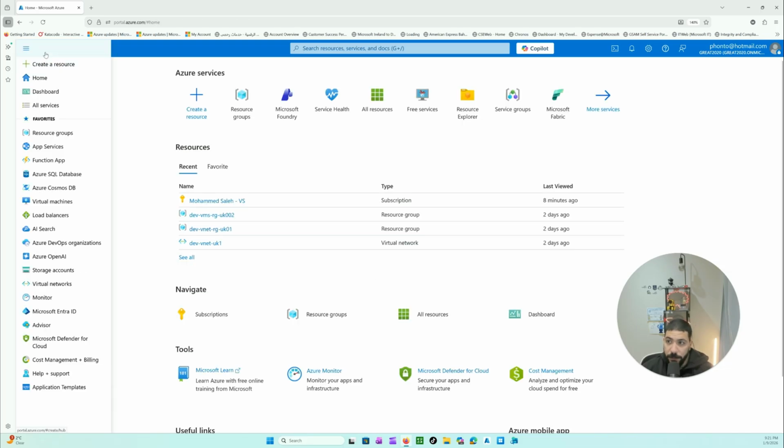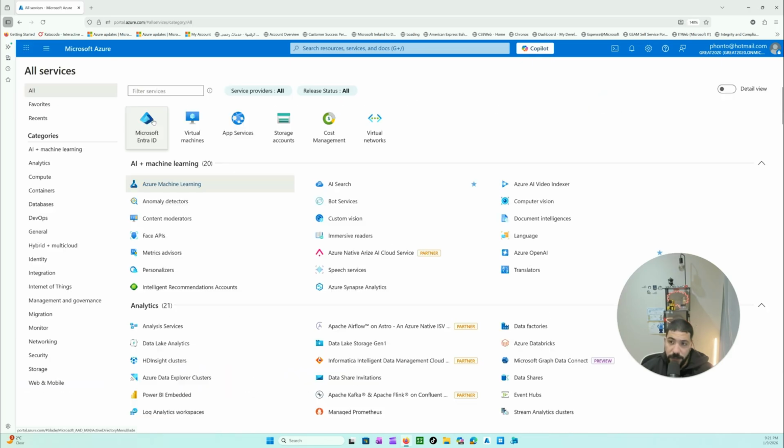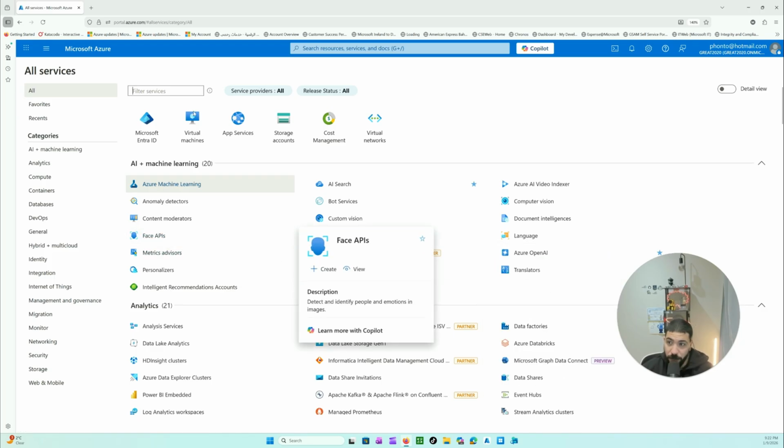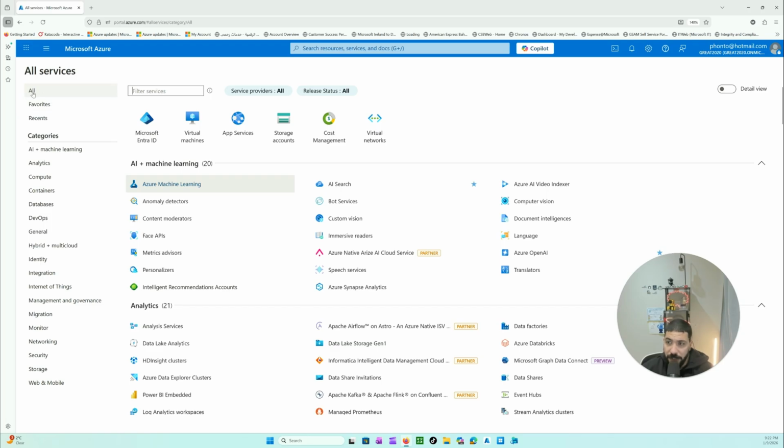So either you use the pre-built templates, or you create your custom dashboard. If I go back here to the hamburger menu, there's also all services. This is where you can see all the Azure services. There are thousands of Azure services. Some of them I know and some of them I don't. But I don't like to use that all view. I normally like to browse by categories here. So you can see there's AI, machine learning, analytics, compute, containers, DevOps, databases, general, hybrid plus multi-cloud, and so